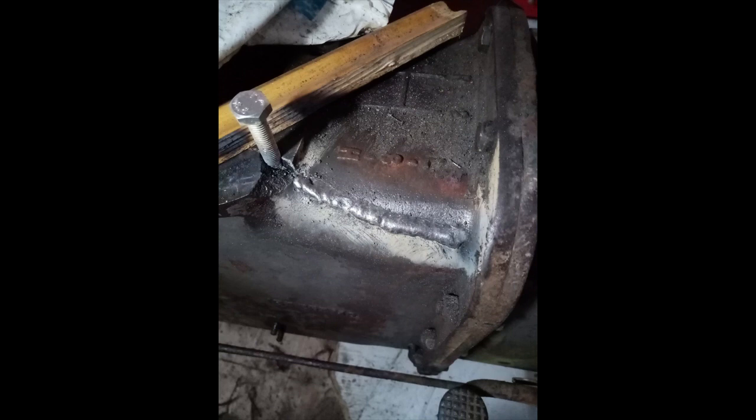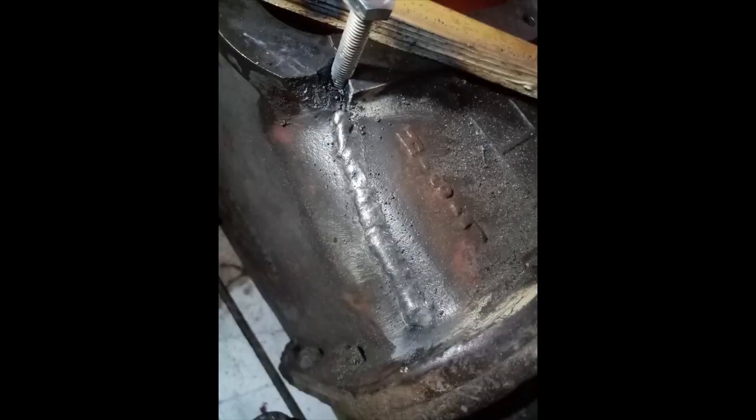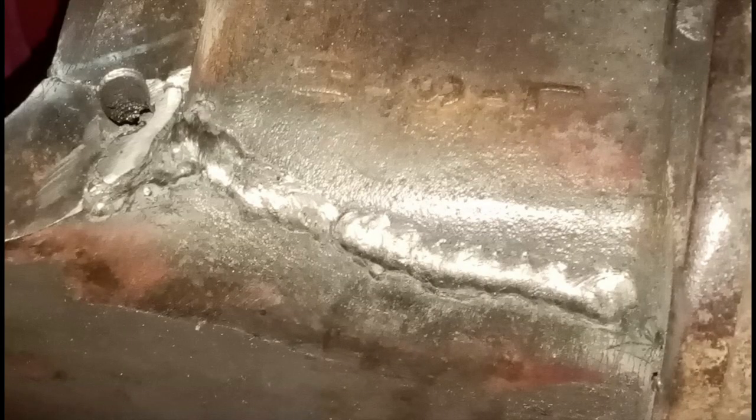As I said, it's not for the faint-hearted, because all you can hear is snap, crackle, and pop when you're welding cast. Especially with this, it was like a tank effect too. But yeah, slowly but surely made my way along the crack, and then just where you can see the bolt goes in there, a bit actually broke out and fell away, so I had to build up bit by bit with the weld back into where that bit fell out. Kept the bolt in the thread so that the thread wouldn't get all blocked up with the splattering out of the weld, and